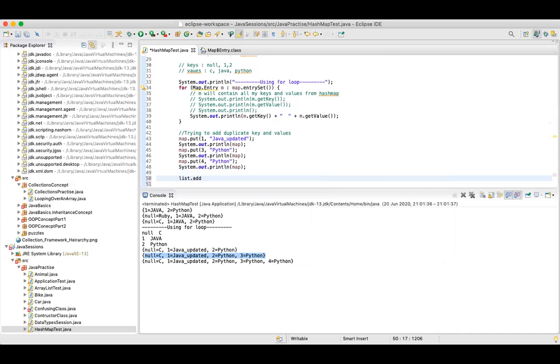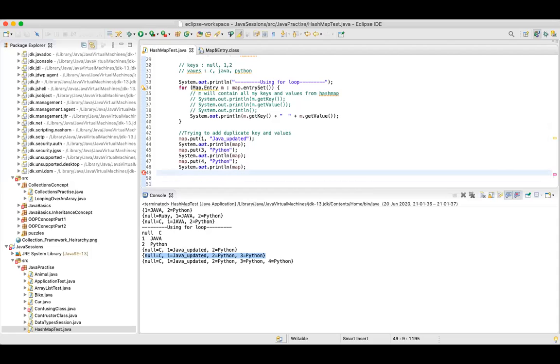In list we had a method addAll, you remember? And there we used to pass a list. So it will add all the elements from that list to my list. Simple. Okay, so this we have seen a couple of times, in fact more than that. So I think everyone knows about this.